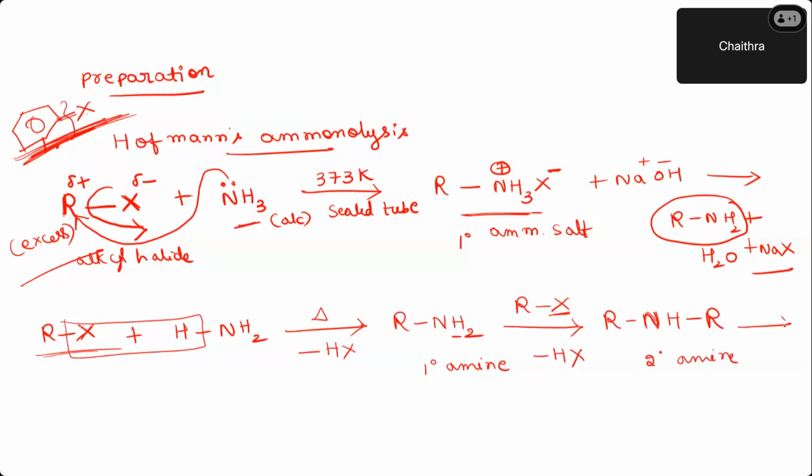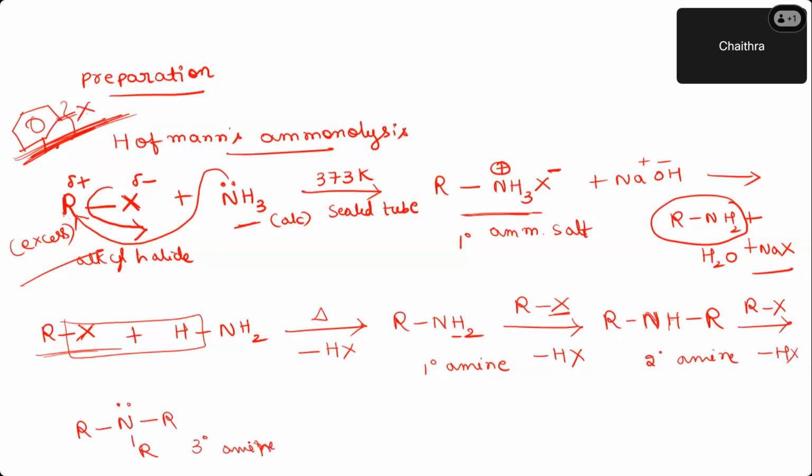Now on the arrow, once again I'll write RX. So please predict the product. What might happen? Here, one more hydrogen is left, right? Can you tell me what product forms? Remove HX. What kind of amine is that? Now I get R, N, R, R. What is the nature of the amine? Nitrogen is directly attached to how many carbon atoms? Three. So this is called a tertiary amine, right?